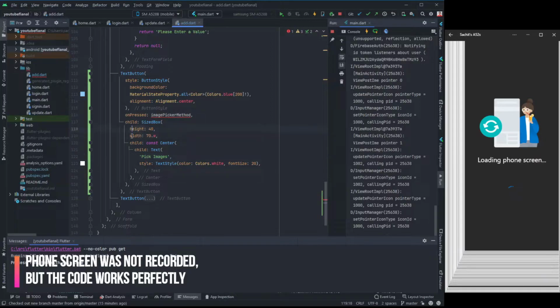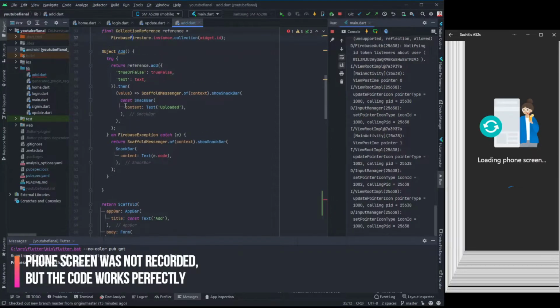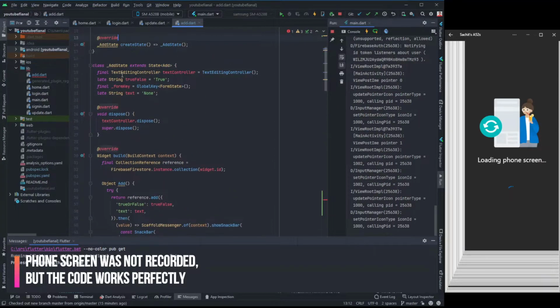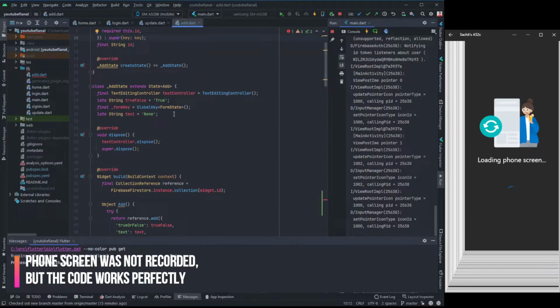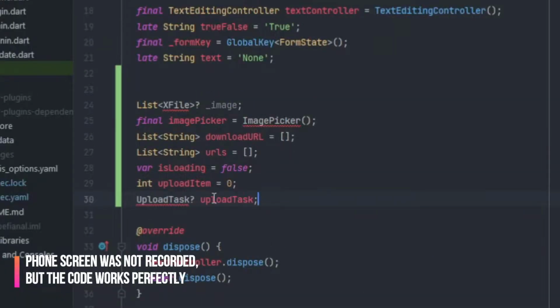Okay, so now let's go to the top where we add all the functions here. So now firstly we need some variables which will hold our data. We have a bunch of them. We come here and I'll paste all the variables. Many are here. So firstly it's a list of XFiles